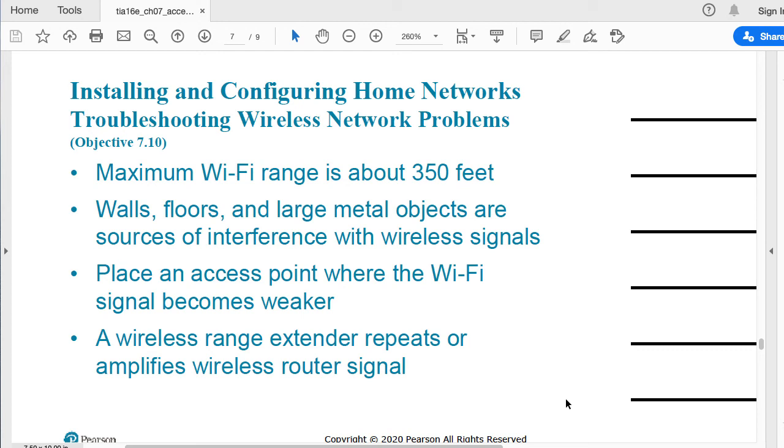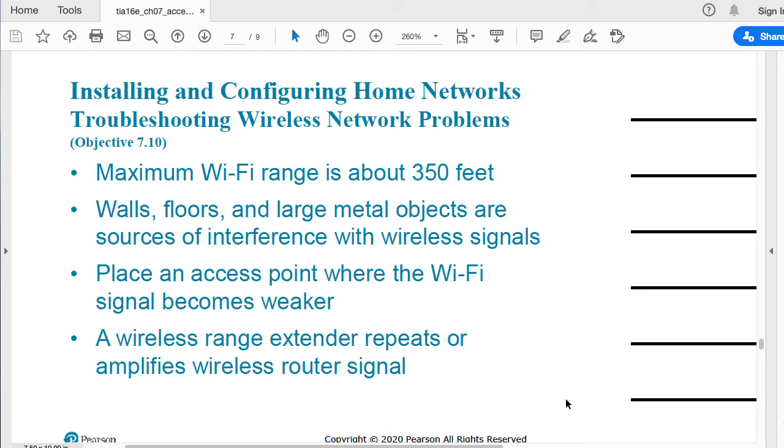For example, if you have mirrors, then it's not going to reach that distance for sure. So walls, floors, and large metal objects are sources of interference with wireless signals. Place an access point where the Wi-Fi signal becomes weaker.